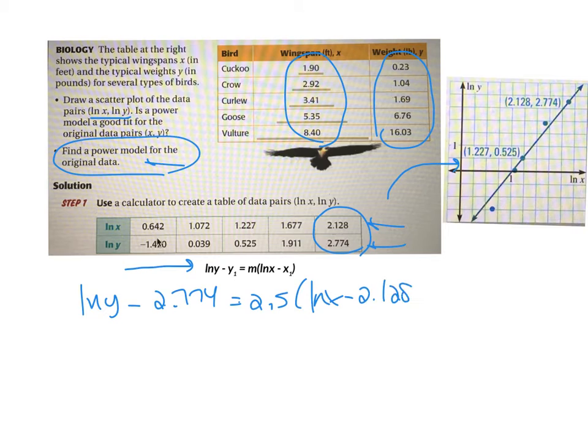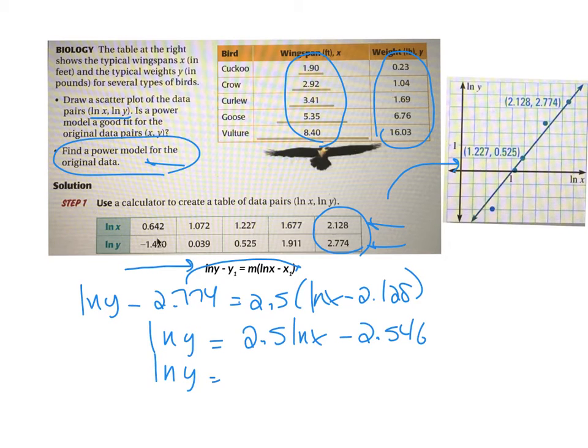I'm going to save a little bit of time here. I'm going to distribute the 2.5 and move that 2.774 over. So I'm going to get this 2.5 natural log x minus 2.546. All right, so I've got all kinds of stuff over here. So I'm going to rewrite this a little bit. Remember, if there's a number in front of the natural log, it's really the exponent on the number, so I'm going to change it to the exponent right there, minus